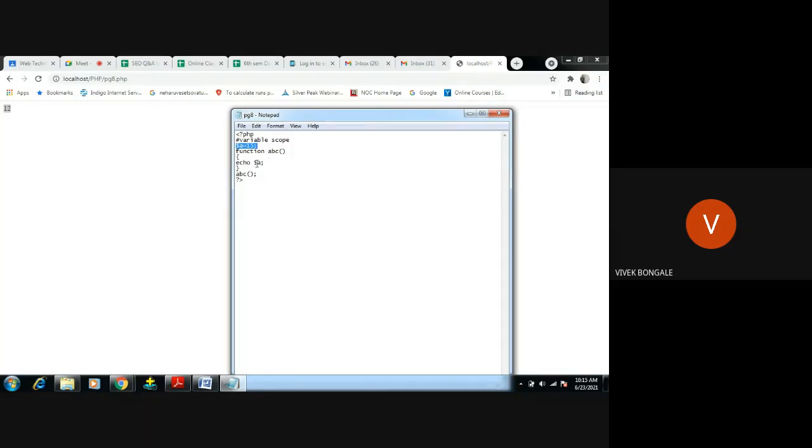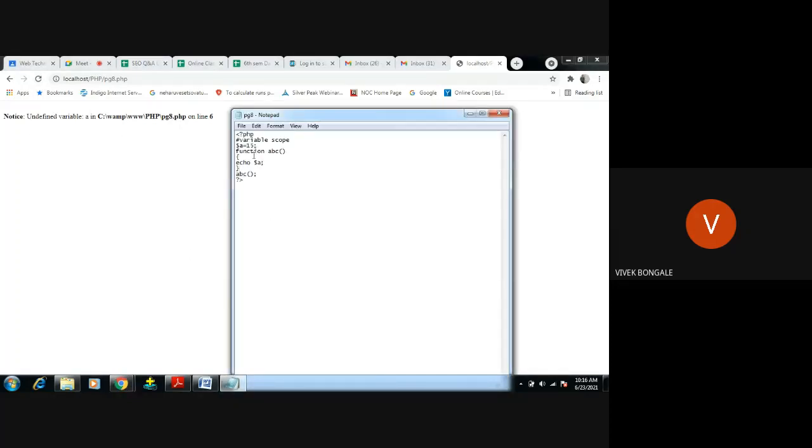Will I get that value? No, because a function's variables have their own scope. Scope means it has its own limitations. I have saved this one. You will get an undefined variable error, because the variable is not created inside the function, and for displaying $a it is not getting that value. That is the reason it displays undefined variable.